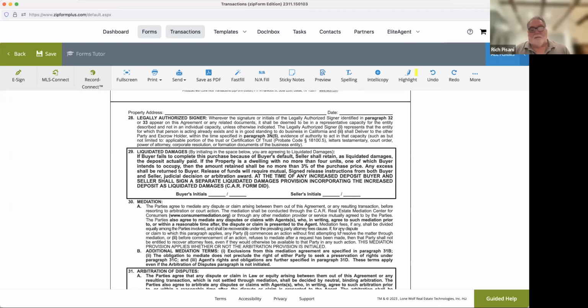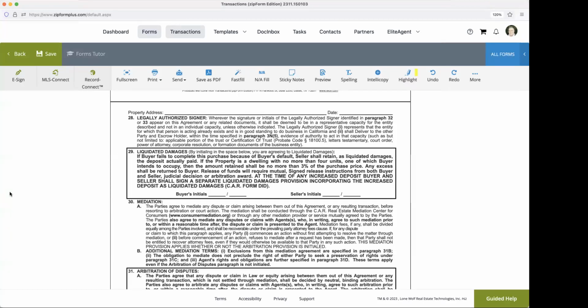So if they have 10 days to do their inspections, they've done their inspections, and they're just dragging their feet, and, oh, I want one more inspection, I want one more this, I want one more that, then that's the reason to give them 2 days prior. If you just wait, basically the seller's agent is twisting your arm to say, we're going to be a stickler for this, we want to make it happen right now.